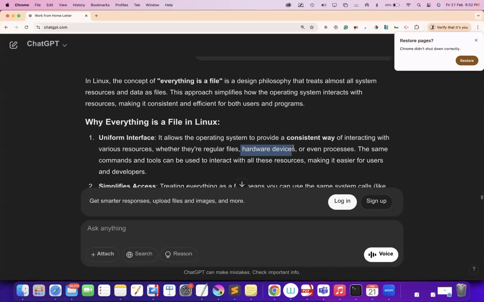You see here hardware devices, right? You have a laptop. You insert a pen drive to your laptop. So once you insert a pen drive, it is a device, correct? It's a hardware device, right? Pen drive is a hardware device. So the moment you insert the pen drive to your laptop,